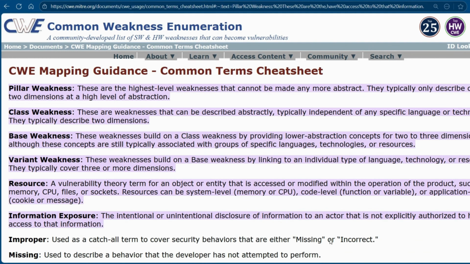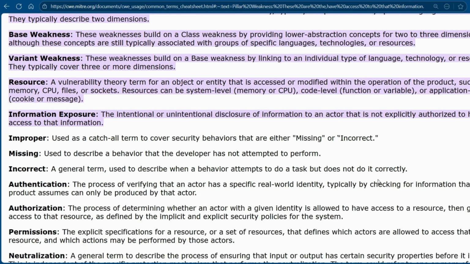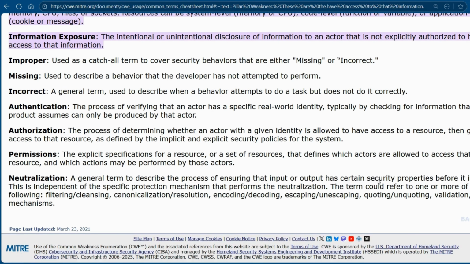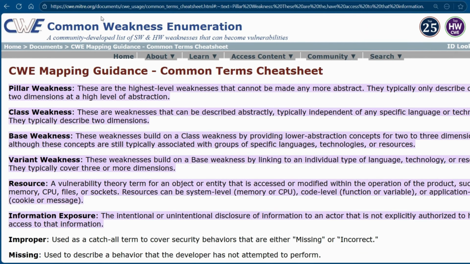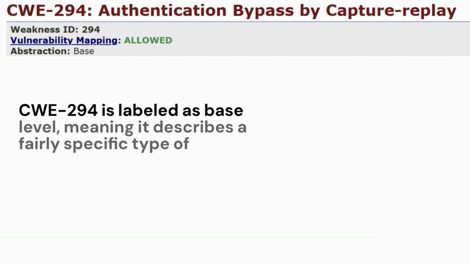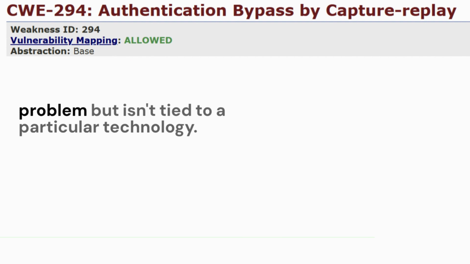You will also see the weakness abstraction level. CWE entries can be class, very abstract, high-level weakness types; base, more specific, typically independent of any particular language or technology; variant, a specific type of weakness tied to a particular technology or context; and compound, meaningful combinations of other weaknesses. CWE 294 is labeled as base level, meaning it describes a fairly specific type of problem, but isn't tied